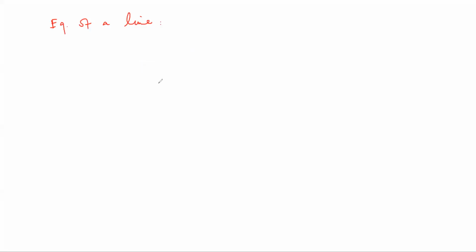Guys, we have three kinds of equations. The two kinds of equations I have already discussed with you. An equation can be a vertical equation. Who will tell me what is the equation of a vertical line? A line can be a vertical line. So if you have a vertical line, what is the equation? X is equal to something. X equal to A is the equation for a vertical line, okay?